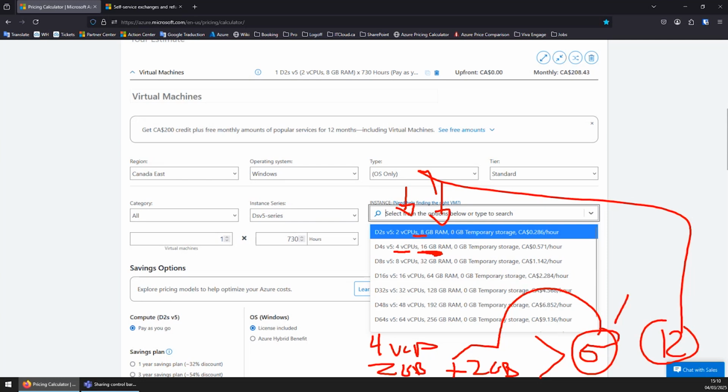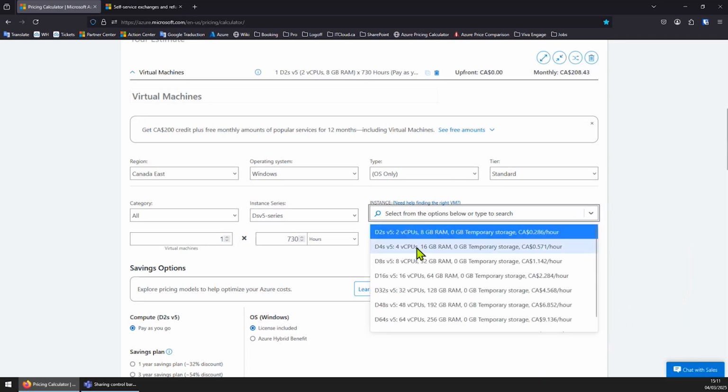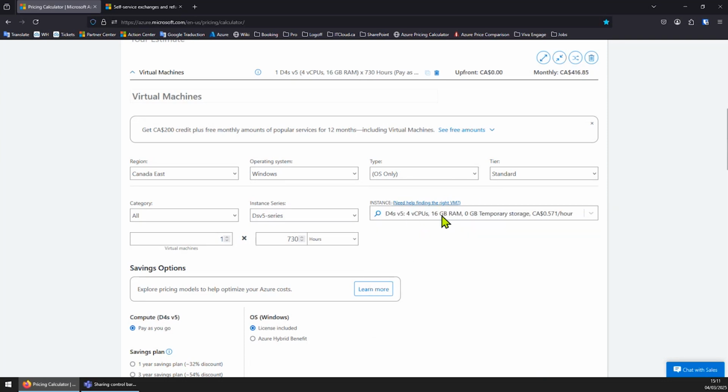Eventually, if those 5 users are too RAM intensive, we have 2 alternatives. Move from this one to the other one with a bigger RAM amount. Or remember, we can play with the S family too, the E family too, where there is a lot of RAM compared to the D family. So we are elastic about that. Let's continue. Select this one here. So 4 CPU, 16 gigs of RAM. We have one machine,